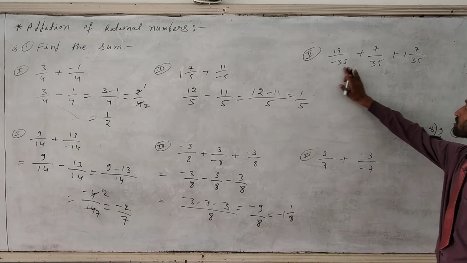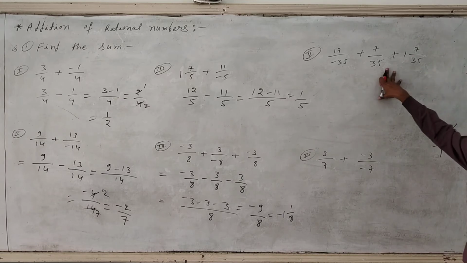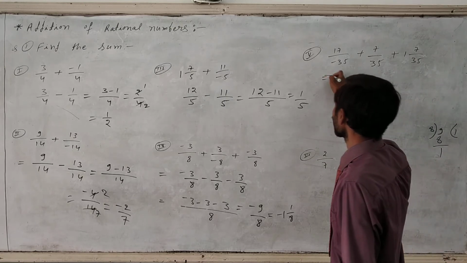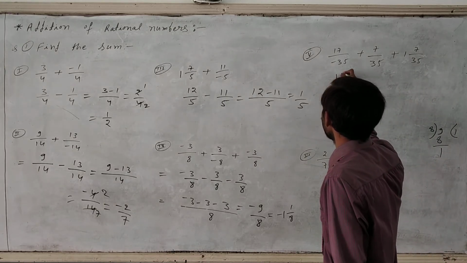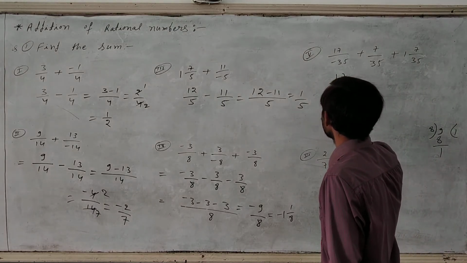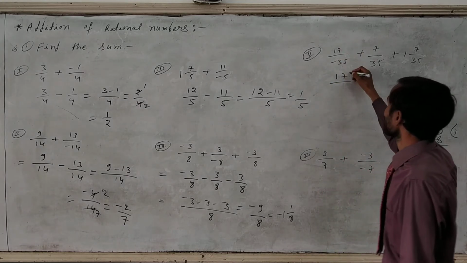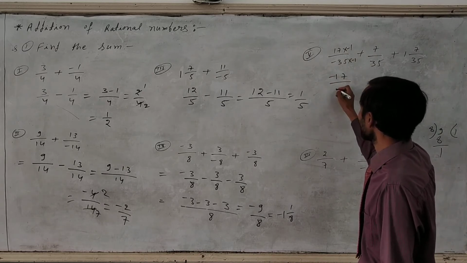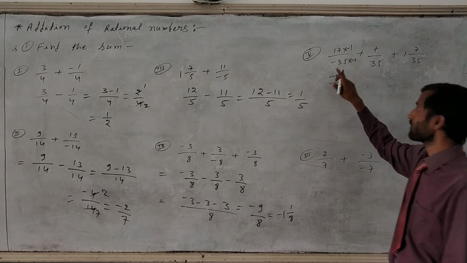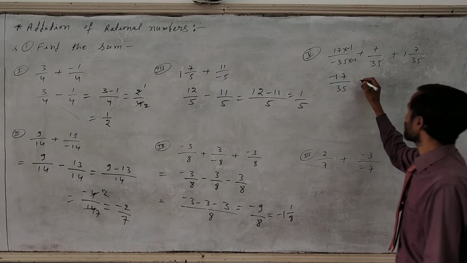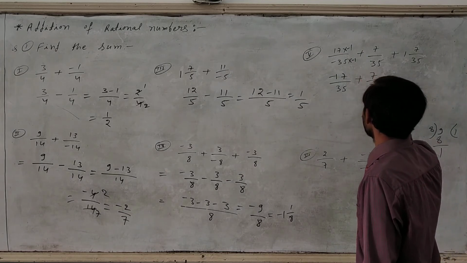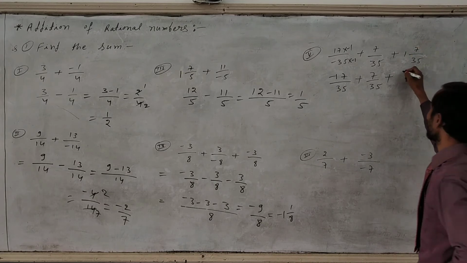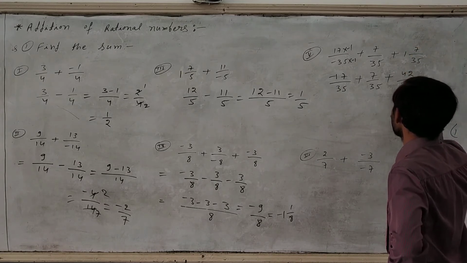Next one, here also 3 rational numbers are given. First of all, here a mixed fraction is given, you have to convert it to an improper fraction. So 17 upon minus 35. So this minus will go upper. First you multiply by minus 1 here also, minus 1 here also. Then minus 17 upon 35 will come, because this minus minus will get plus. Okay. Now 7 upon 35 and then the mixed fraction 35 and 35 plus 7, 42 upon 35.